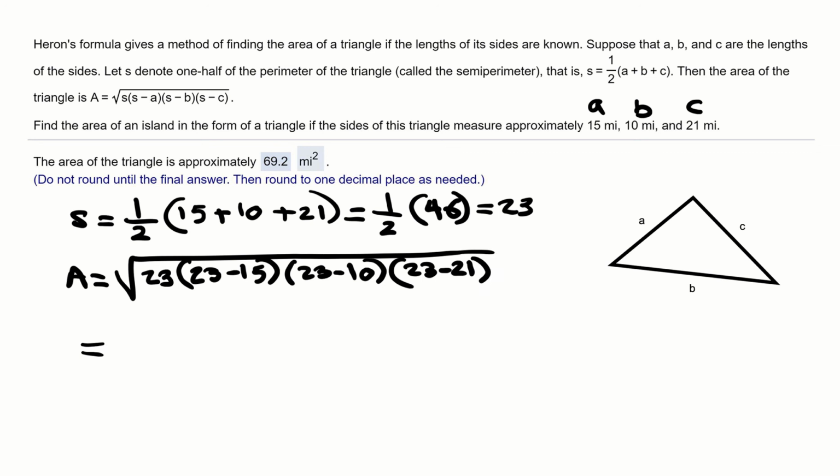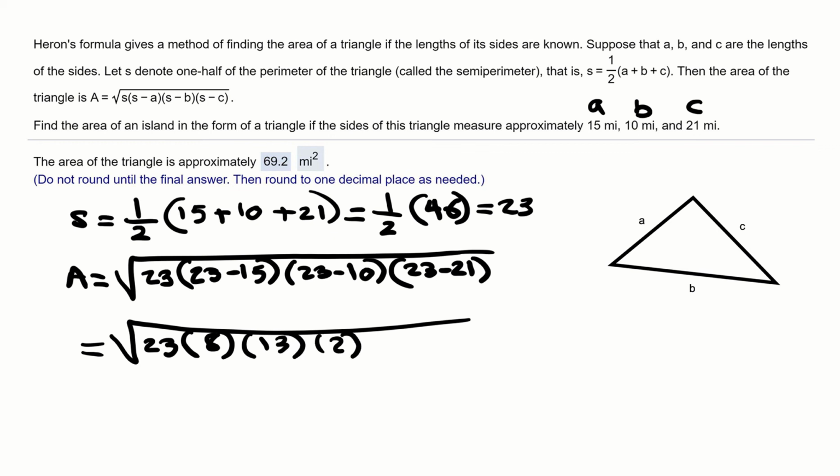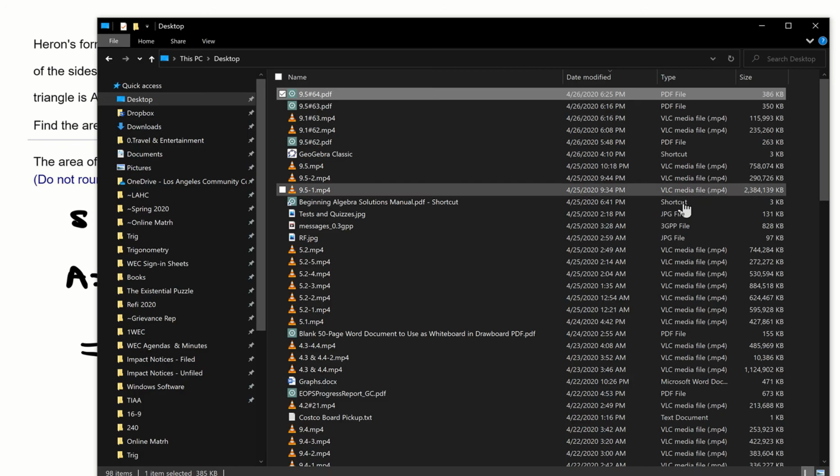And now we just want to simplify that, so we get the square root of 23 times 8 times 13 times 2. So now all we're going to do is carefully plug that into a calculator,